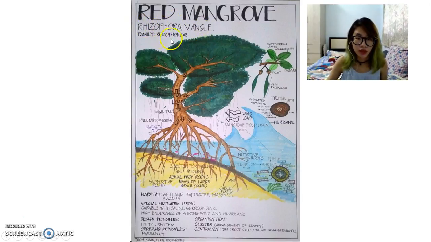mangle in the family of Rhizophoraceae. And this is a tree of red mangrove. You can see that it has branches come up from the main trunk, and aerial prop roots come up from